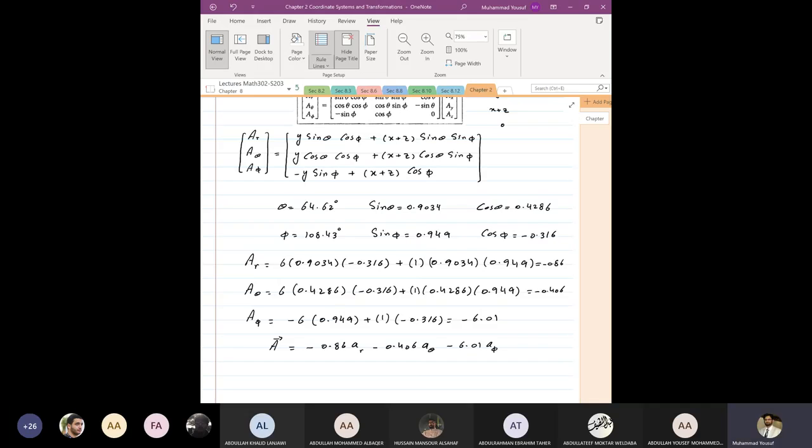which is exactly correct. In your book, they have done long calculations with square roots and so on, but we directly use our calculator and find A_r, A_theta, A_phi using the sine theta, sine phi, cosine theta, cosine phi values. Okay, this is example